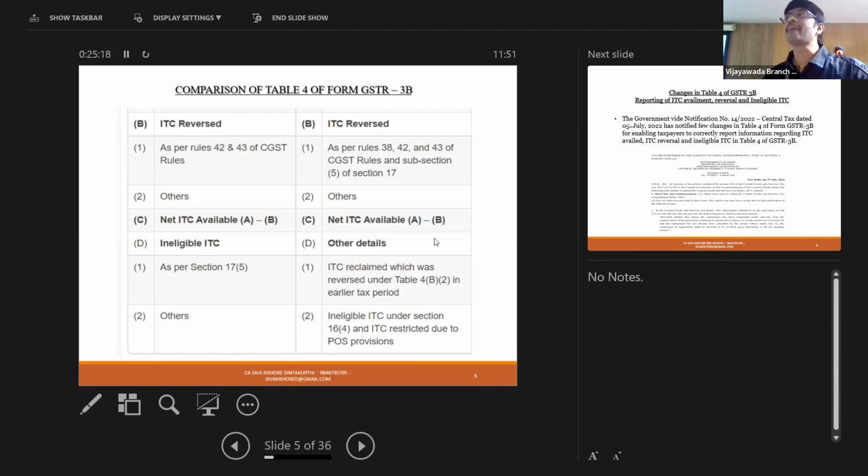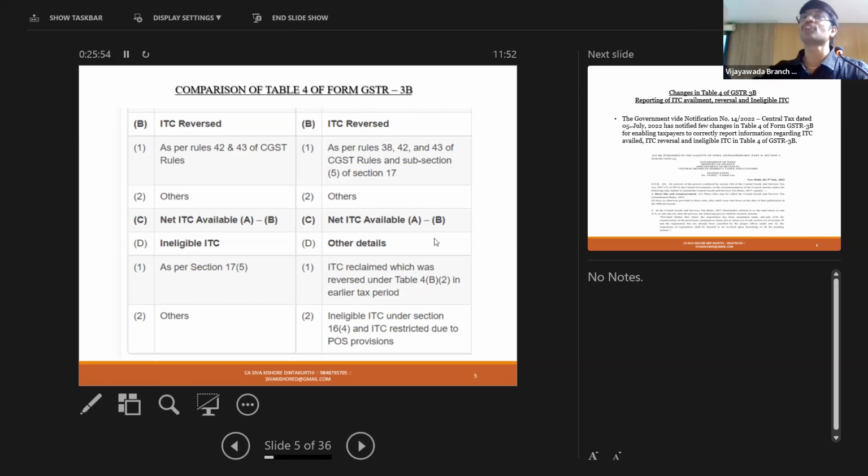And POS provisions. I am having a place of supply in Andhra. I'm having registration in Andhra. I traveled to some other state. I stayed in a hotel. And the hotel people have given bill in the form of Telangana SGST, Telangana GST. Is credit available to me? I will give the GST number. He will upload to 2A and it will travel to 2B. Since my place of supply is Andhra Pradesh, it will mark it as not available. Those two kinds of credits, time barred and ineligible due to POS problem, have to be punched in